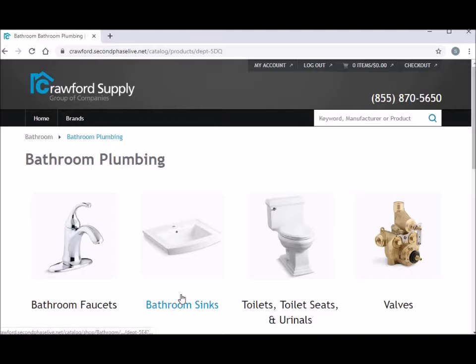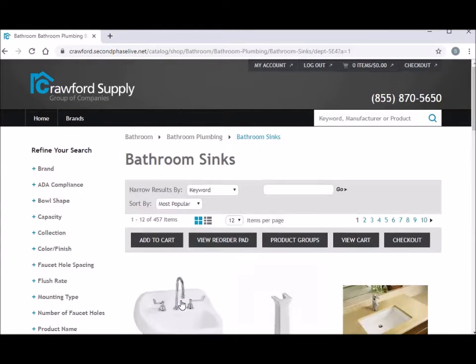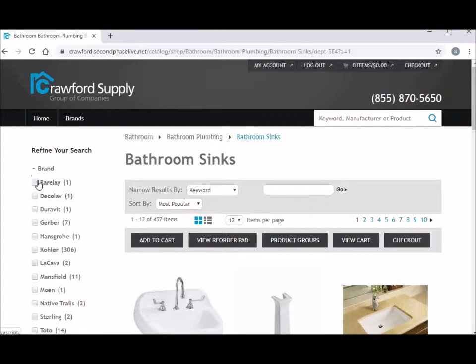Once in the bathroom plumbing category, we'll click on Bathroom Sinks to go specifically into the Bathroom Sinks subcategory. Once in this subcategory, we want to narrow down our search a bit. To the left of the screen, you'll see your choices for selecting your brand, collections, colors, or finishes, and so on. For this demonstration, I want to see only Kohler sinks, so I'll select brand and then click the box